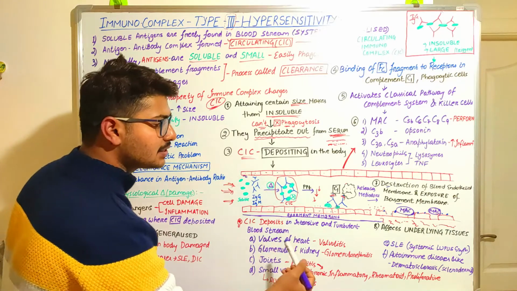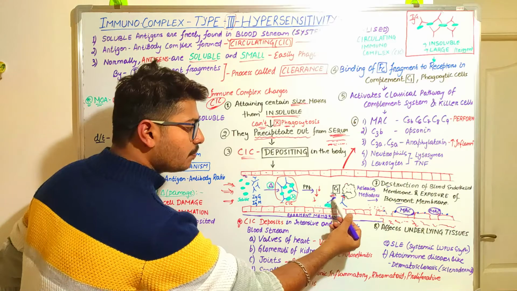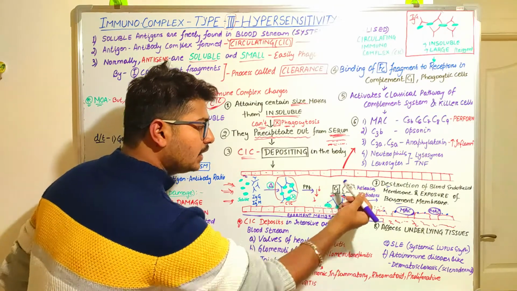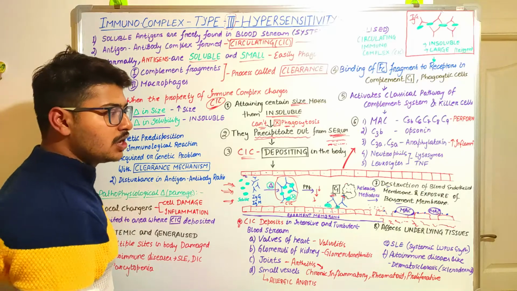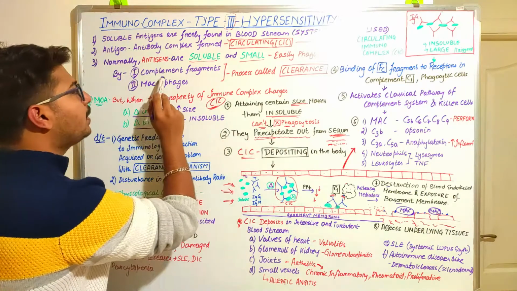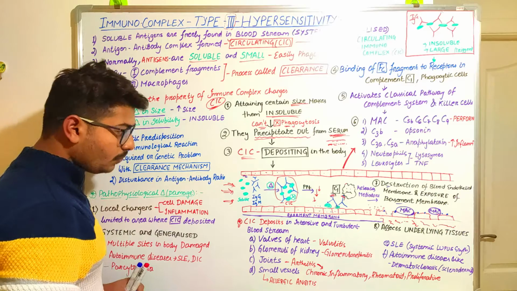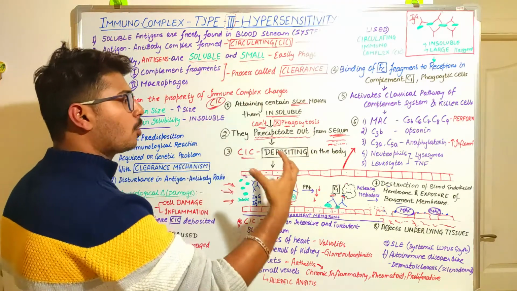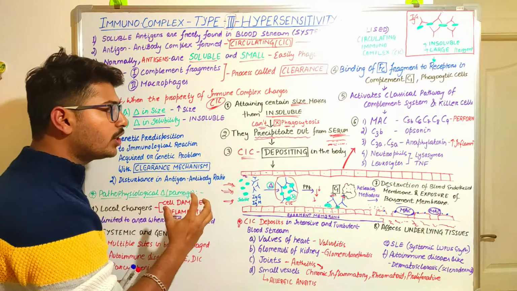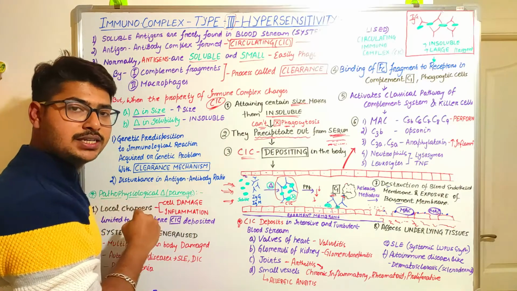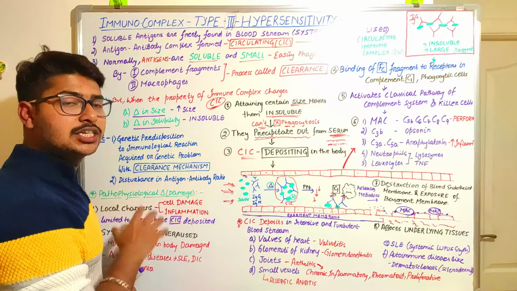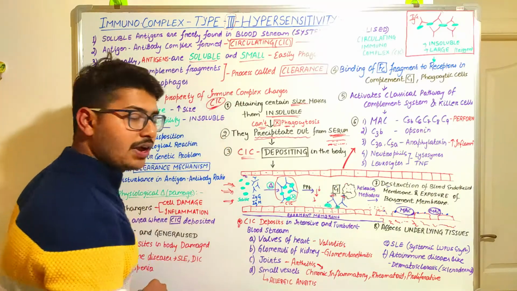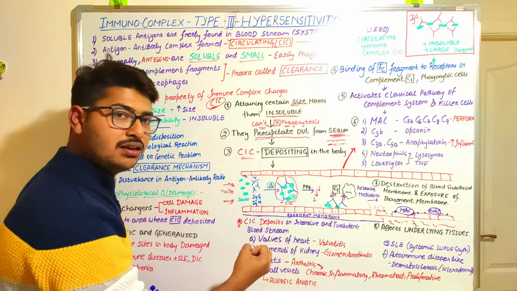So the next process is that the antigen antibody complex will stimulate attachment with C1 and the other phagocytic cells. C1 is nothing but the complement fragments. As previously, they were normally coming to the antigen antibody complex, completely phagocytosing the complex and destroying it, but in this condition they cannot completely phagocytose or engulf it properly.